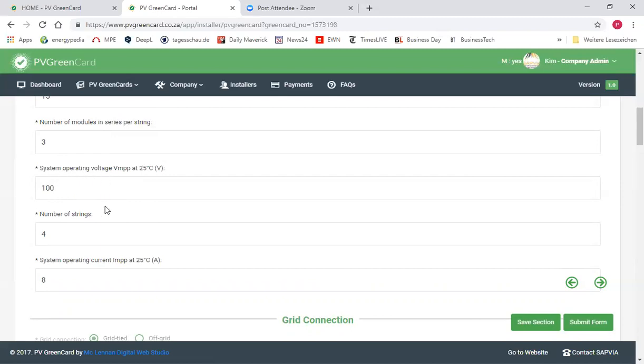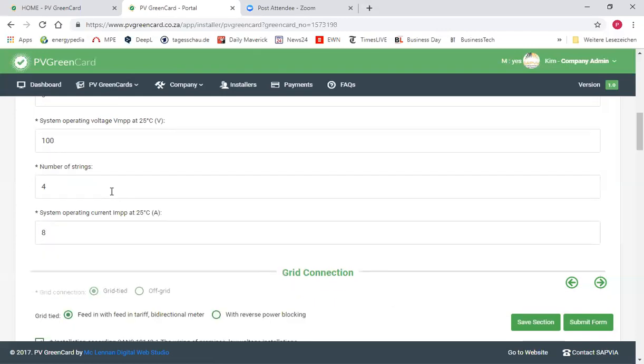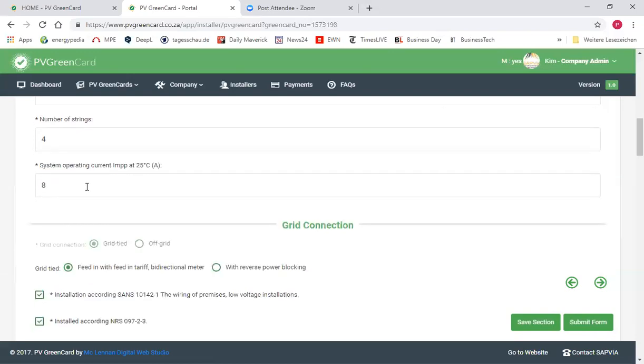That's also why the system voltage of this particular system is lower. Usually you will probably find something like 12 to 15 modules in series, and system voltages in the range of 700-800 volts. In this case it is also 4 strings, even though with a 3 kilowatt system it could well be 1 string if you had higher system voltages. And you're also required to put the